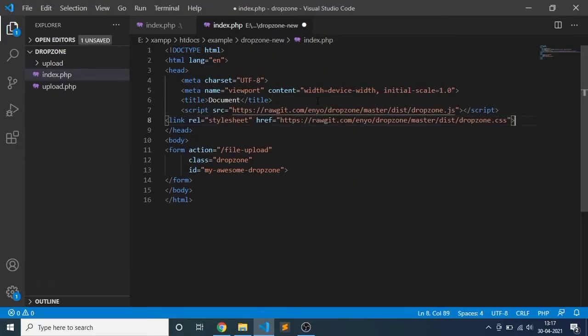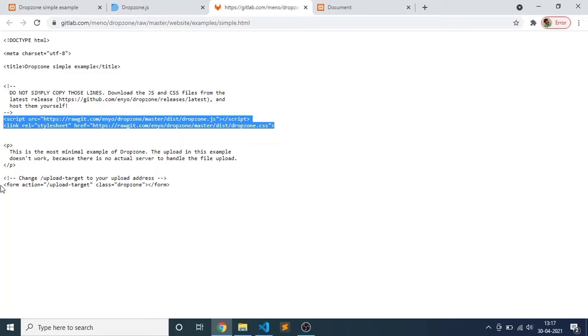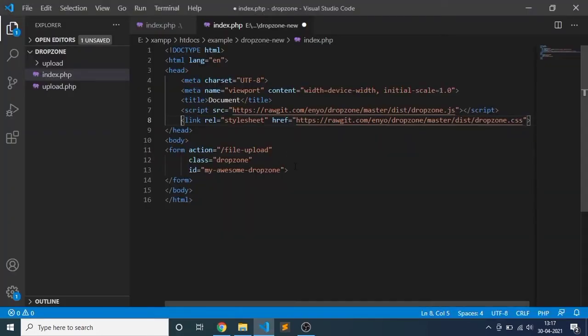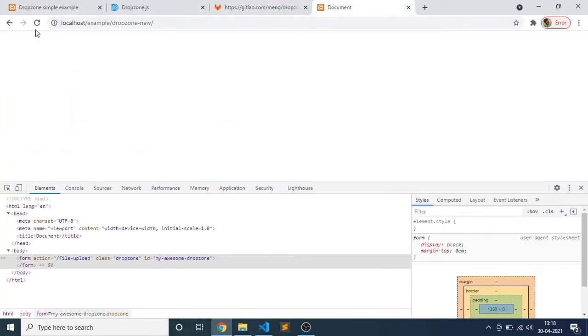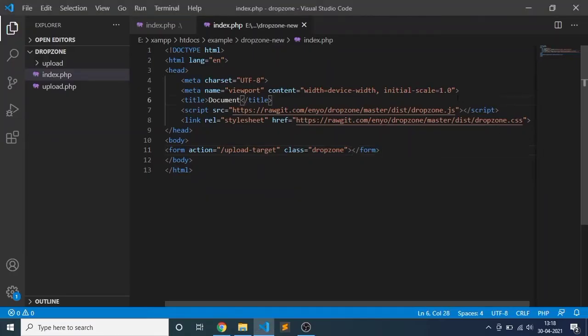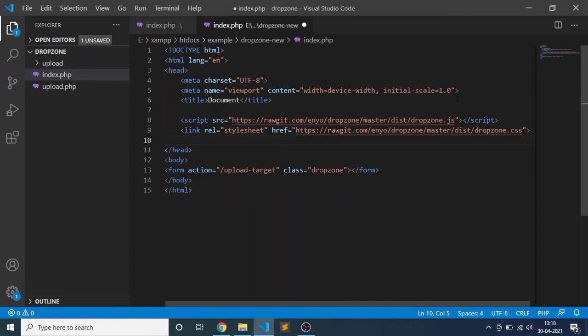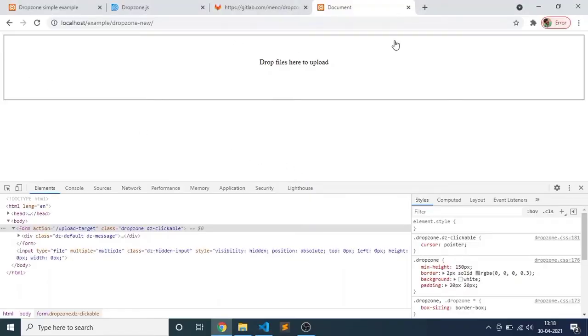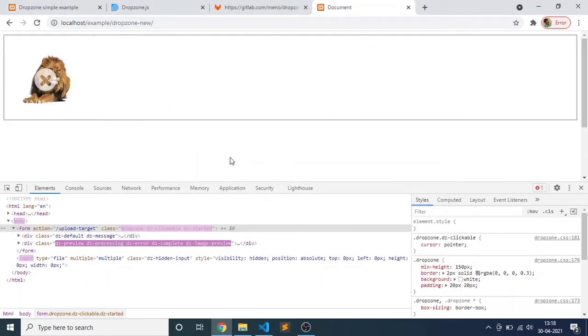So adding them, we can use the form directly. Now go to our demo and see what happens. I am only adding these two files: one is dropzone.js, which is the library, and one is the CSS file, which helps to draw this form. Now we select and check what happens.